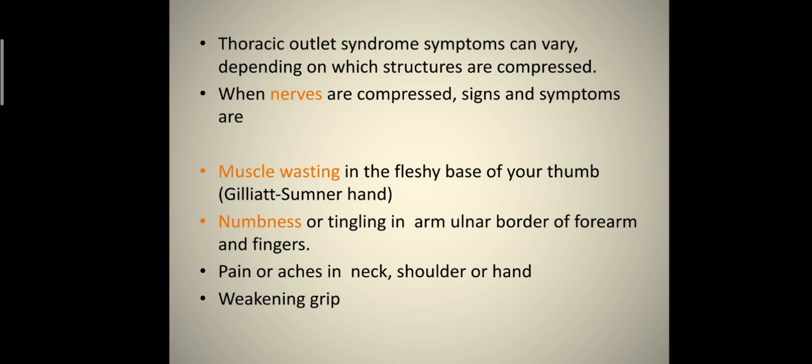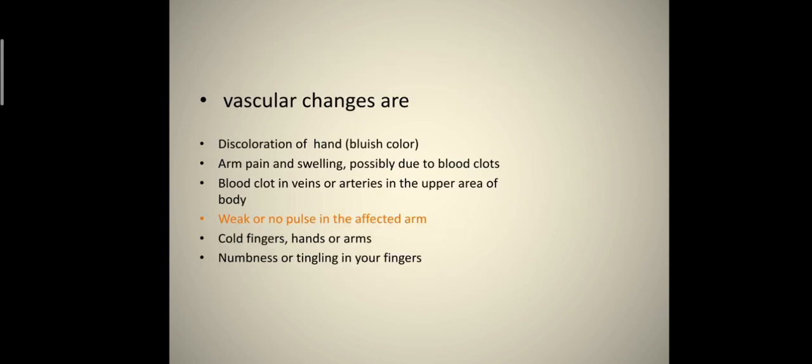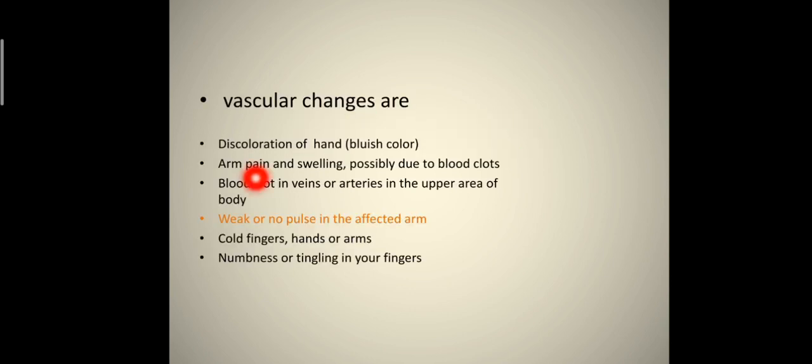Pain in the neck, shoulder and hand, and vascular changes; the main vascular change is a weak or no pulse in the affected arm. If the subclavian artery is compressed, there will be loss or weakness of the radial pulse, discoloration of the hand, arm pain and swelling, possibly due to blood clots. So this one is the thoracic outlet